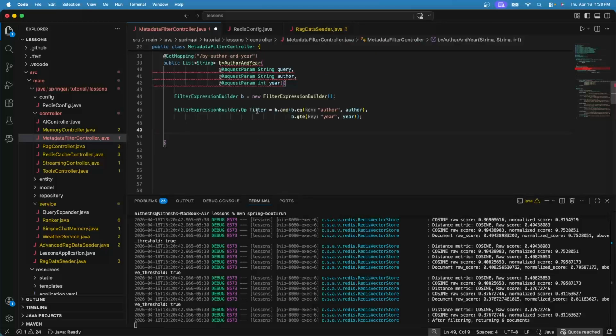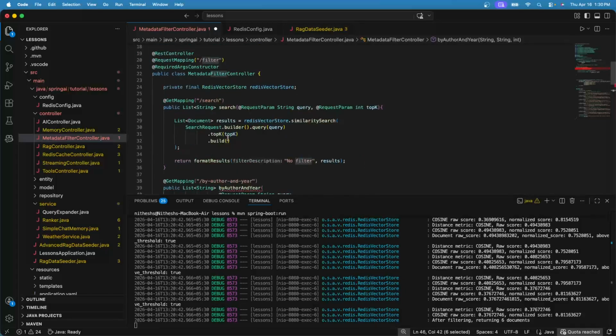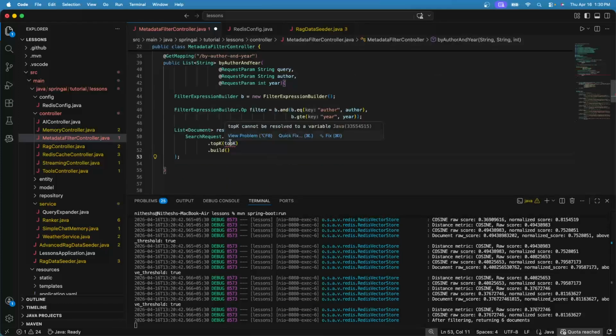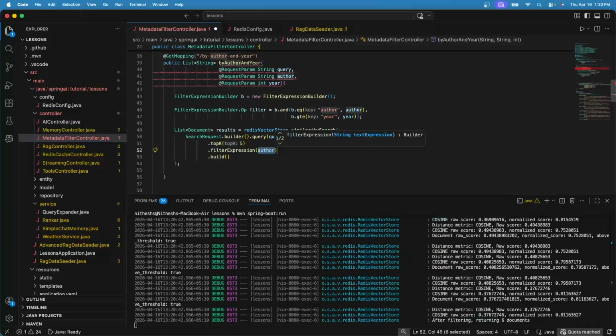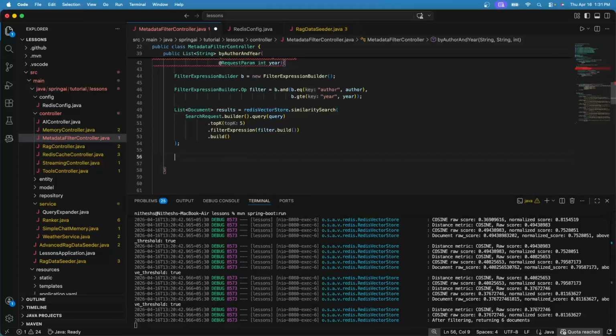Now we have to retrieve the documents using this filter. Let me copy paste this. We are not getting any top K argument, so let me hard code it to 5. And now let's add filter expression filter dot build. Let me define a string which describes this filter: author value, and year greater than or equal to year.